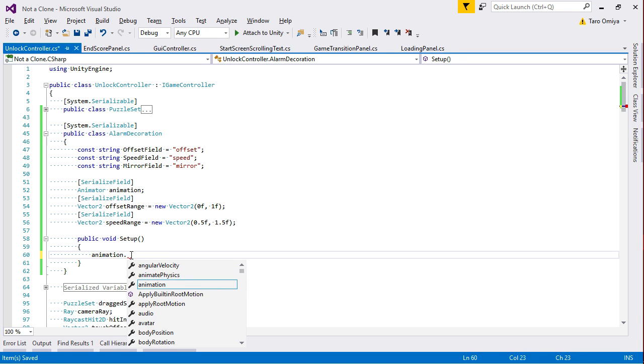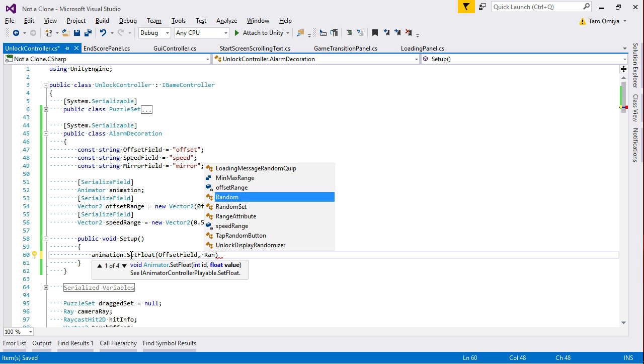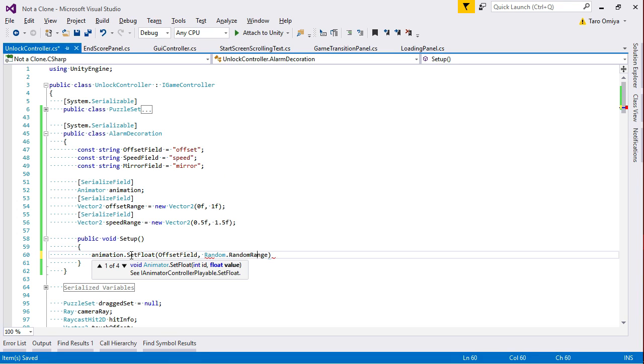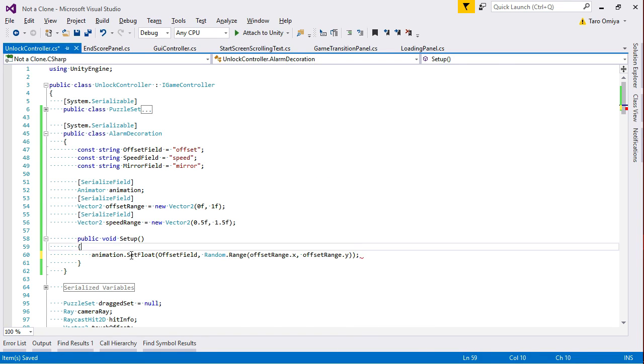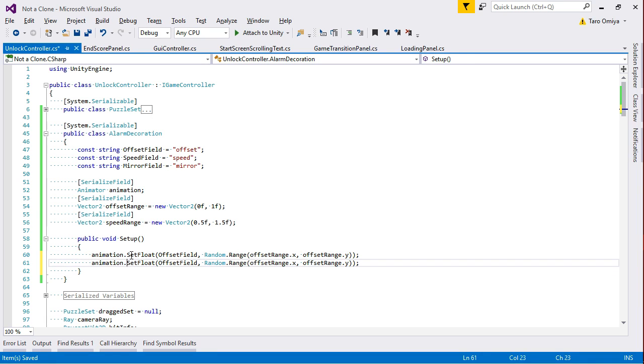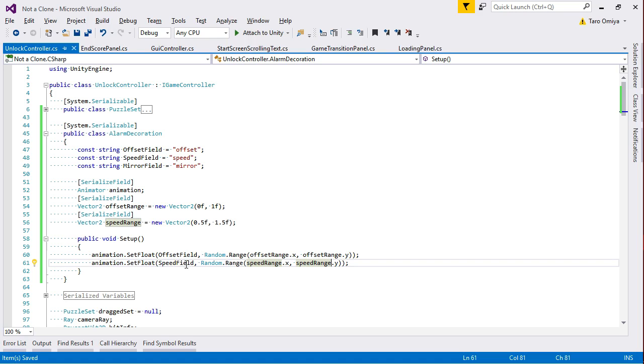So SetFloat offset field, we're going to set that float to Random.Range. We don't want that deprecated, obsolete value there. Offset range.x, offset range.y, got that. Speed field, we're going to change that to speed range. Hopefully I named these properly. Offset, speed, mirror, yeah, it should be. And then finally,